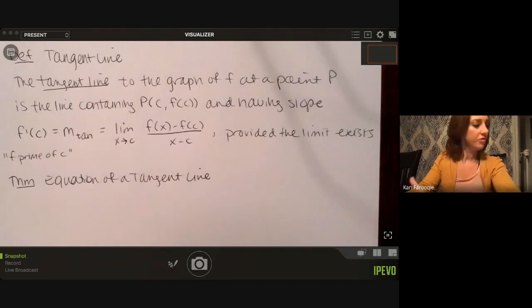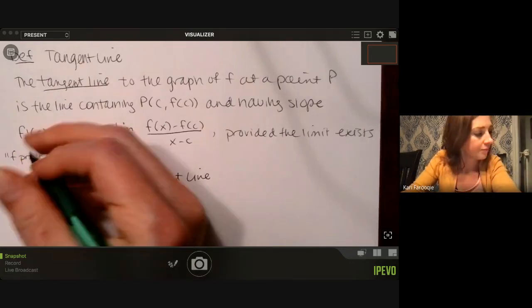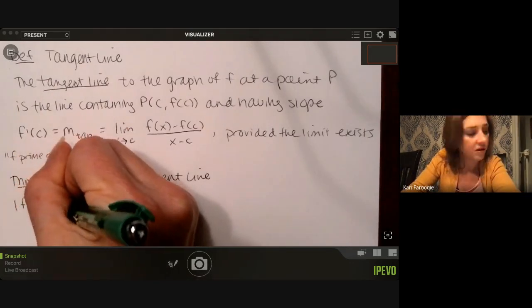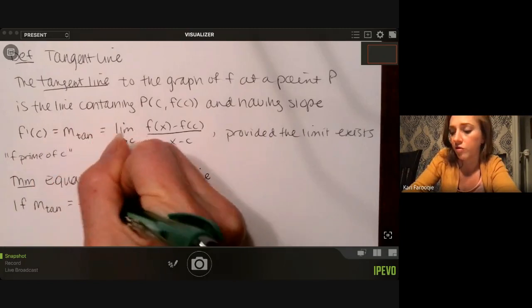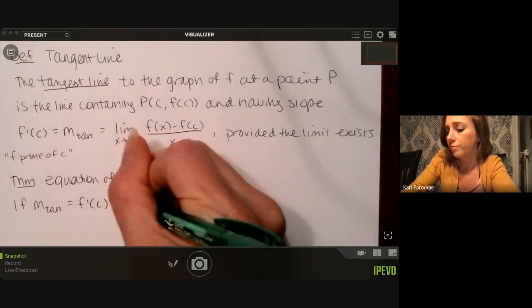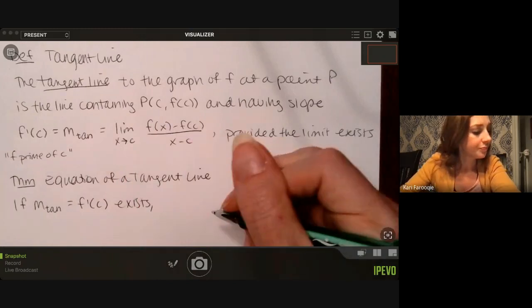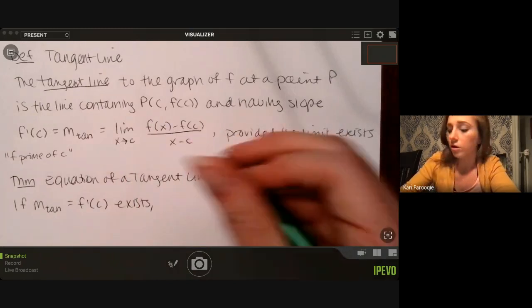Okay, if the slope of the tangent line, f prime of c, exists, so if m sub tan equals f prime of c exists, then an equation of the tangent line,